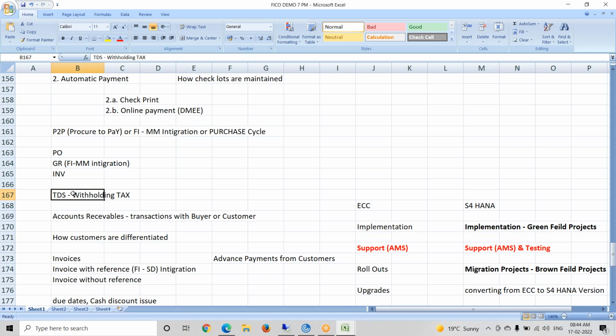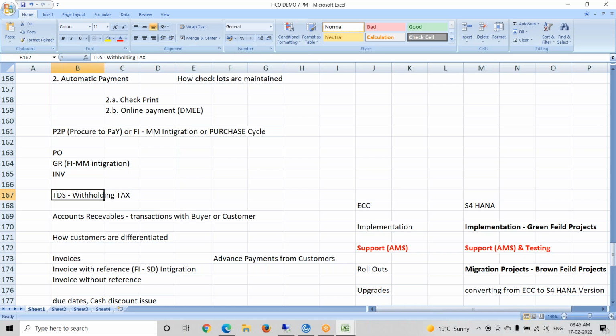In ECC up to the EHP version, we used to execute every output properly, but because of this trial version of S/4HANA, some outputs are not coming. We are getting some X marks and other weird symbols in the output format. So I'm not generating that format, but let us try.